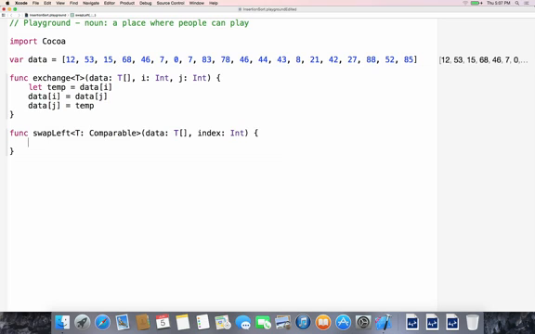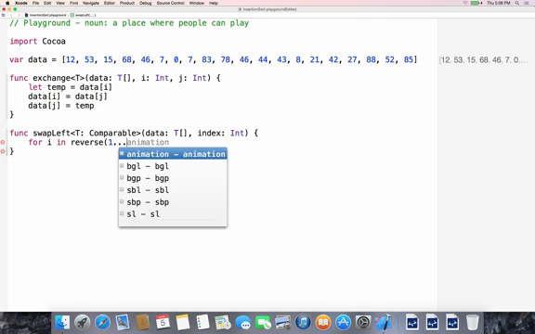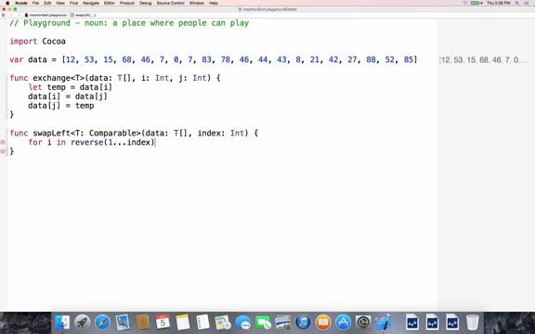Okay, so let's implement this. We're going to start with our index and go back to position 1, not 0, because there's nothing to the left of 0 to swap. So I'm going to say for i in, and I could do a range from 1 to index, but what I really want is index to 1, so I'm going to reverse the range with reverse. 1...index, the 3 dots makes it a fully closed range, which means it'll go all the way to index. Since I'm reversing this, it goes from index and ends at 1. And for each of these data points, I'm just going to say if data of i is less than data of i minus 1,